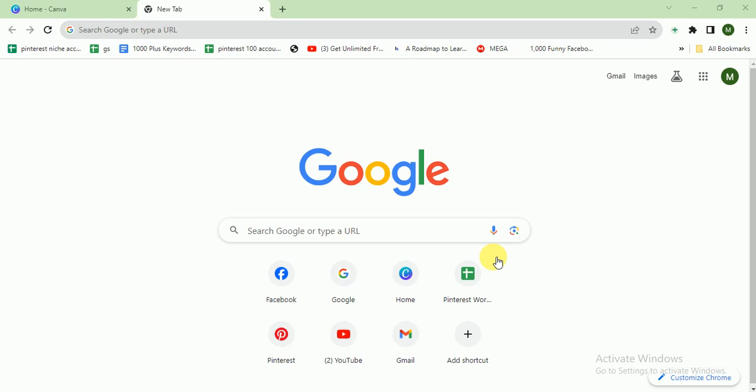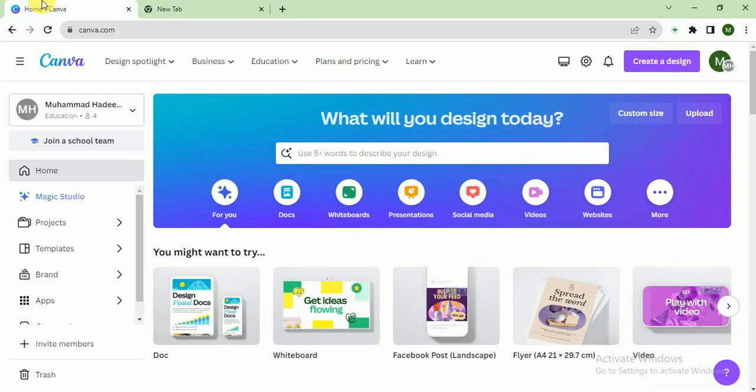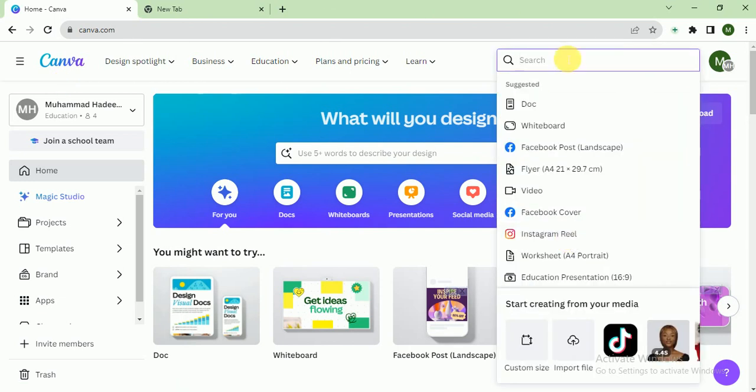So let's go towards canva.com. Guys, canva.com is one of the best graphic designing software tools available online, and it is very easy and handy to use. It is easy to learn. If you want to know completely about Canva, then go to my channel Iron Tech, go to the playlist section where I uploaded the complete playlist on Canva designing, and after watching the playlist you will surely know everything about Canva. So create a design, and here I search